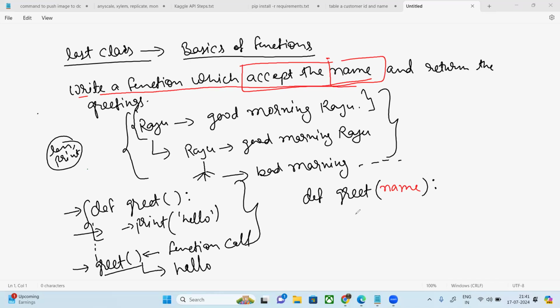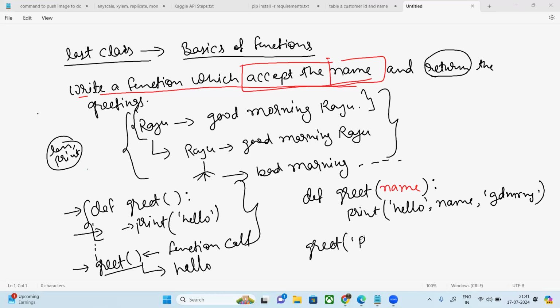And what is the question here? That it should print. Currently it is written here. So what is the difference? I will write print here, hello, whatever the name is, name, good morning. That's it. And now I will call this function greet with the name Raju,